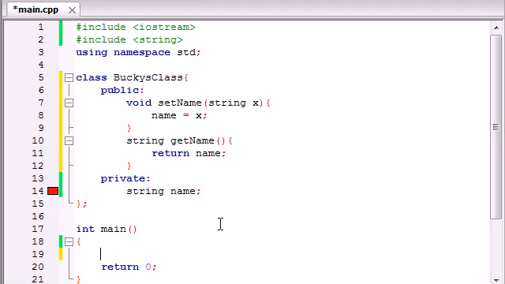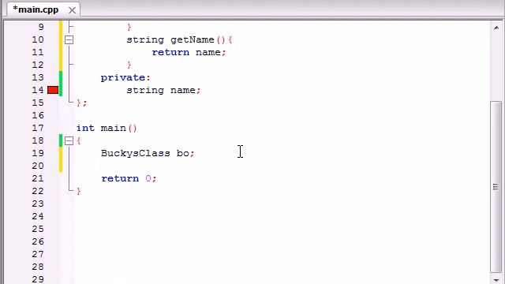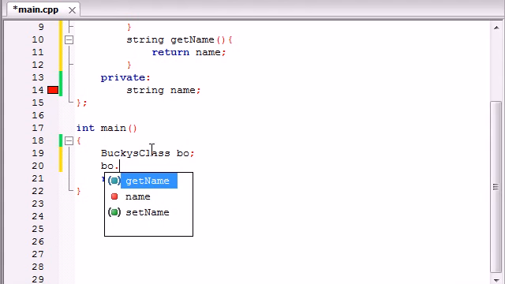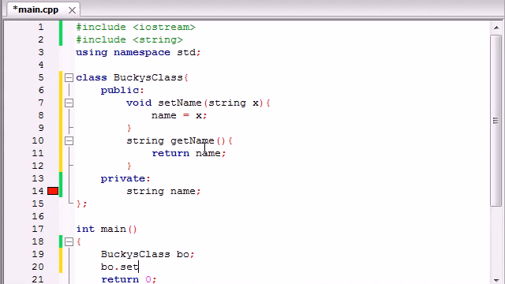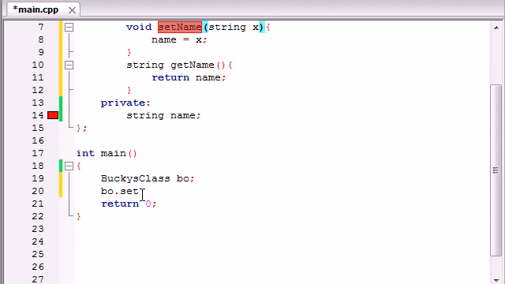So in order to use those functions, we again need an object. So Bucky's class, make another BO object, and now under this, if I scroll up, we can use the functions from that class by using the object name and then the dot separator. The first thing we want to do is set a value to that. So let me just copy this, paste it right here, and we'll set the name equal to something stupid like